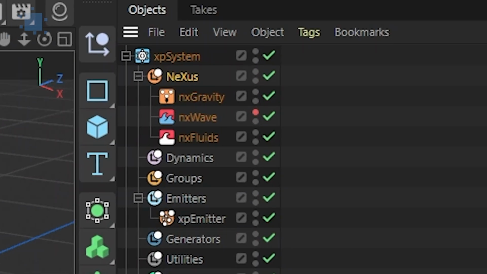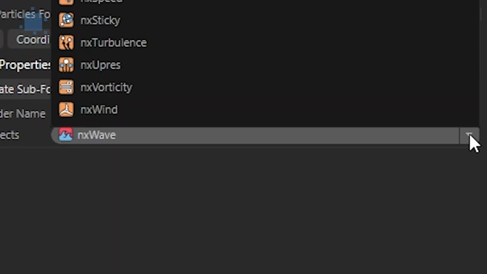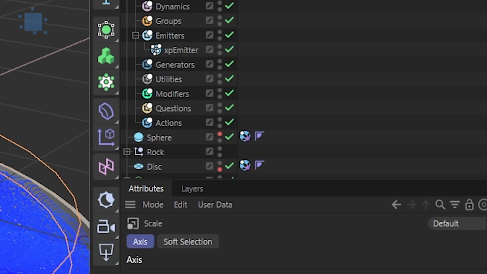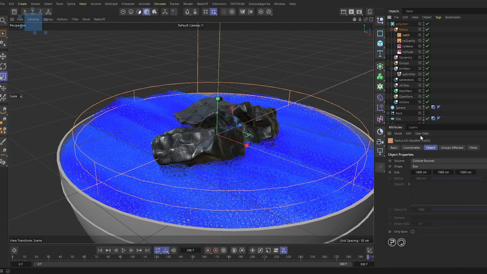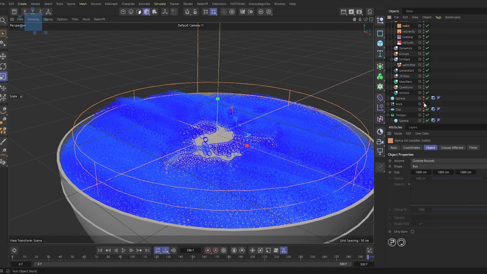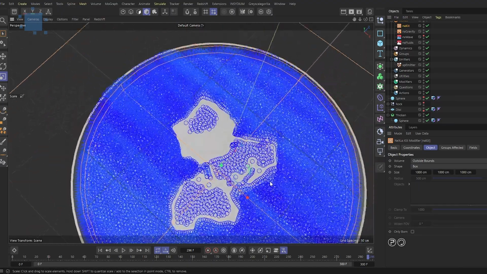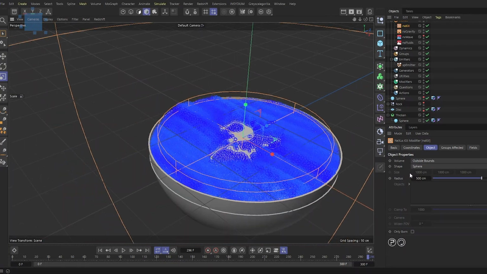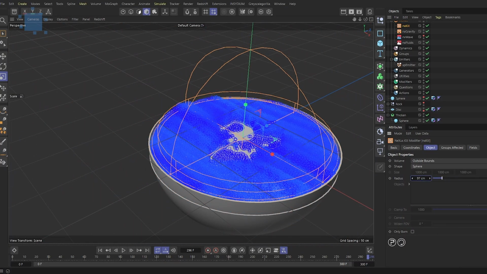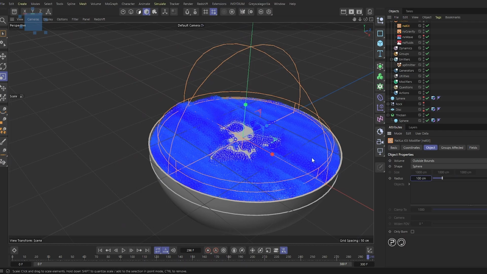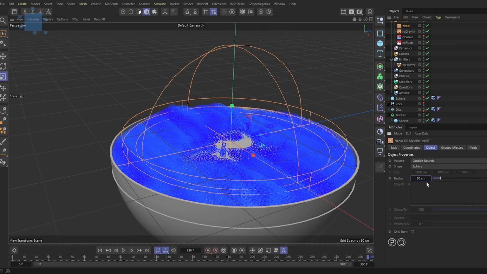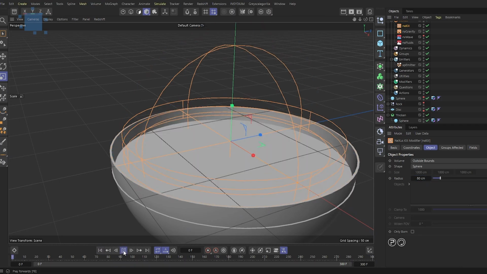I'm going to go up to Nexus. I'm going to grab an object, and I'm going to put an nxKill modifier. An nxKill modifier is quite interesting because if, for example, we turn off our rocks for the time being, as you can see, that's the hole where the rocks are, and we change the shape to sphere, and we reduce this down to 100 centimeters. For example, if we reduce this down to 80 centimeters for the purposes of this, and we press play,